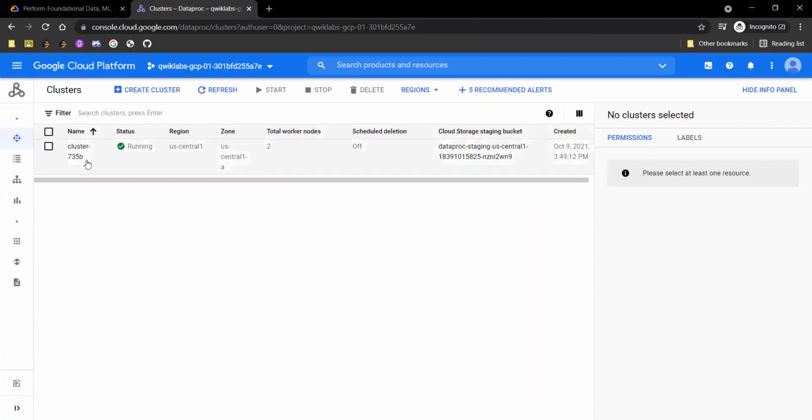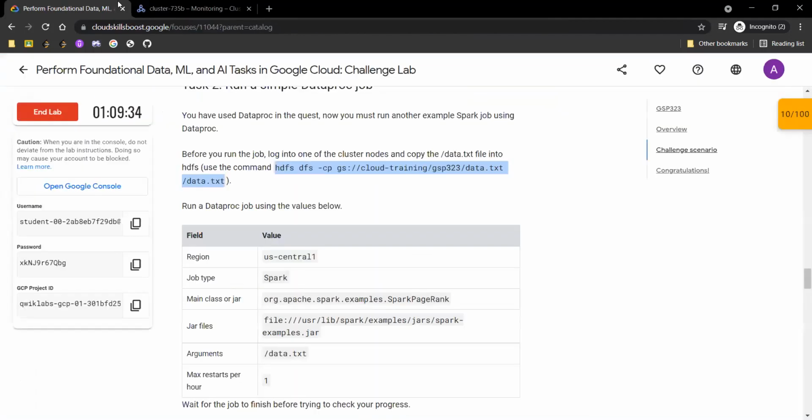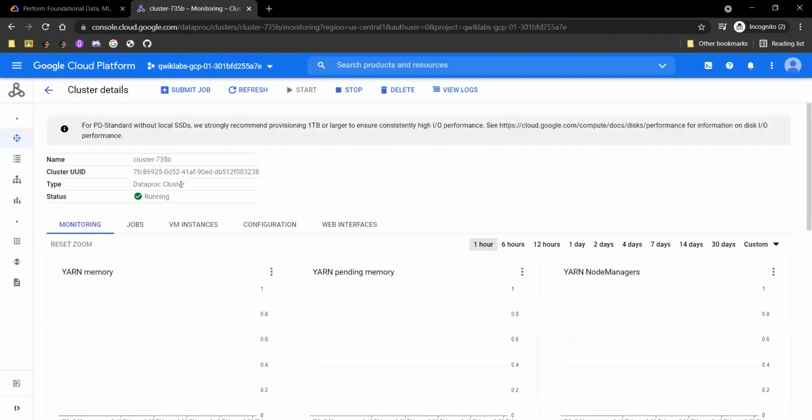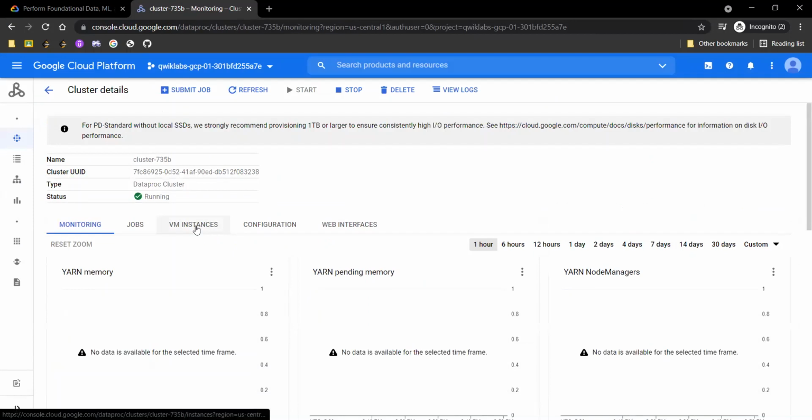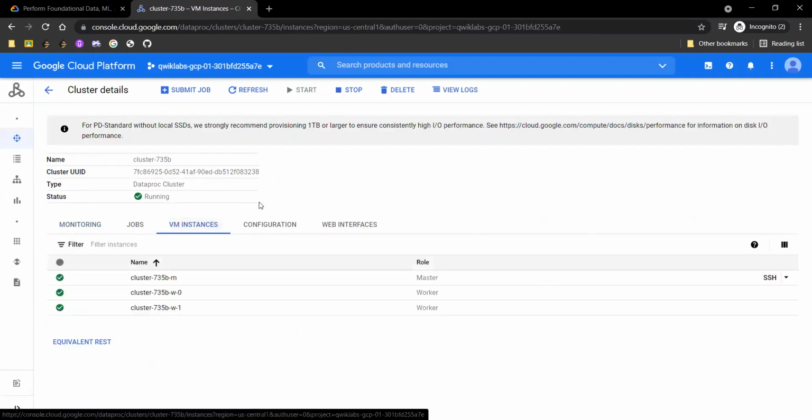Yeah, so our cluster is correctly implemented. Now just click on this cluster name. Click on this VM instance and click on SSH.